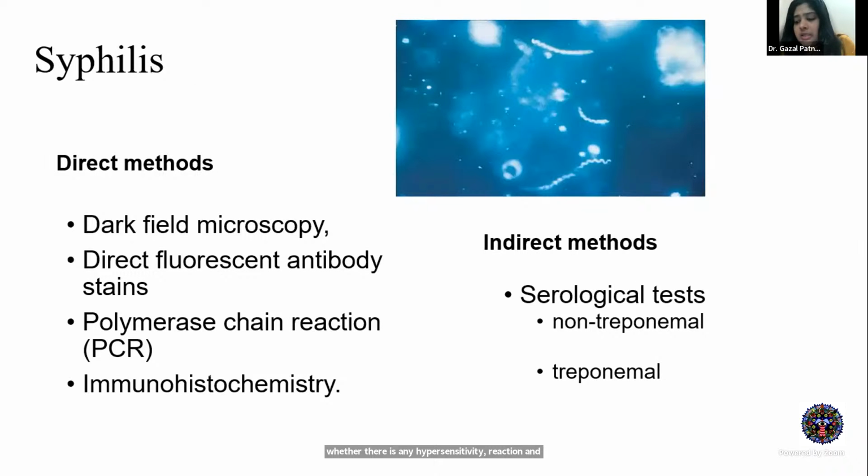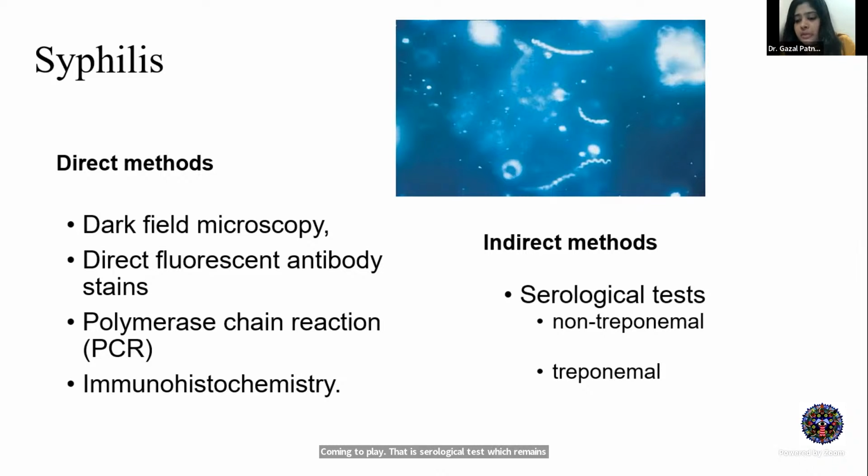Coming to the great masquerader, syphilis, direct methods include detection of Treponema pallidum by dark field microscopy, direct fluorescent antibody stains, and PCR and immunohistochemistry. The sensitivity and specificity of dark field microscopy is 90 to 100%, but it is seldom applicable, not commonly available, and very technologically challenging. Hence, indirect methods come into play, that is serological tests, which remain the standard detection method,